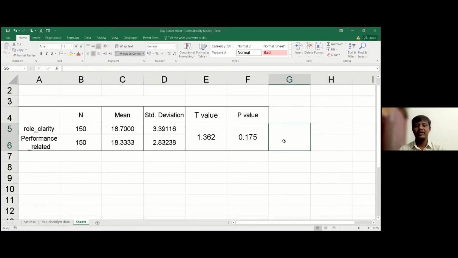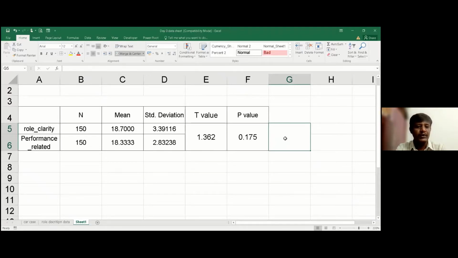Based on the p value, we will come to a conclusion whether we are going to accept our null hypothesis or reject our null hypothesis. So we have to frame a null hypothesis, and then we tell whether we are going to accept it or reject it.